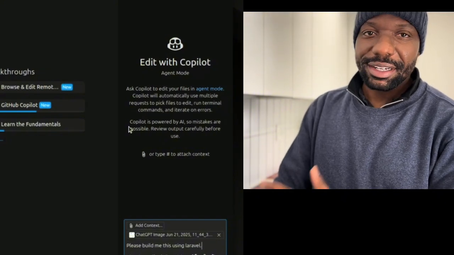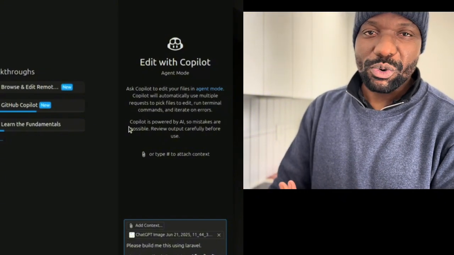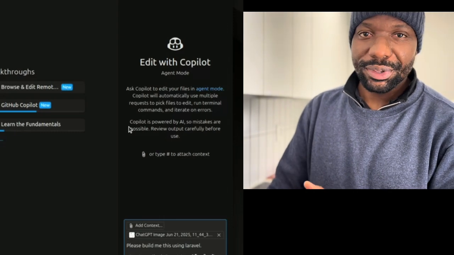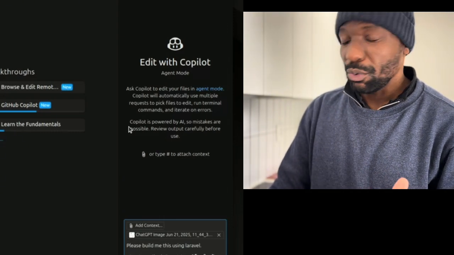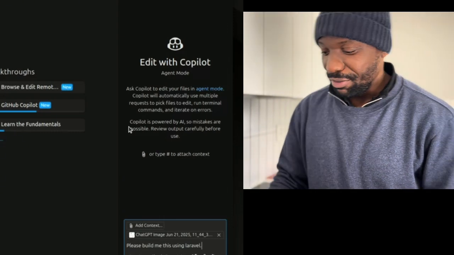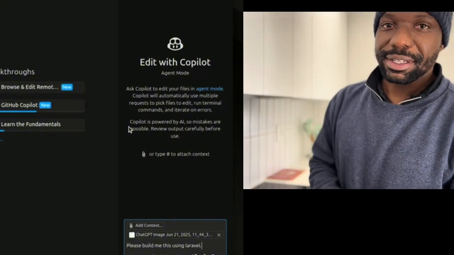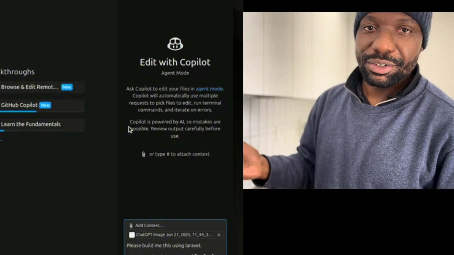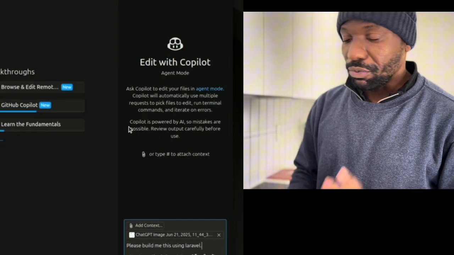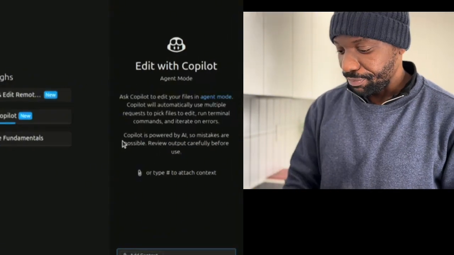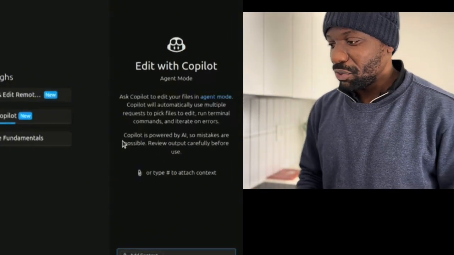So Laravel is one of the frameworks that I'm familiar with. I've been using it for almost 15 years, so for me, it's my first preference. There are many others that you can choose from. For this example, we're gonna stick with Laravel. All right, so we're gonna tell it,